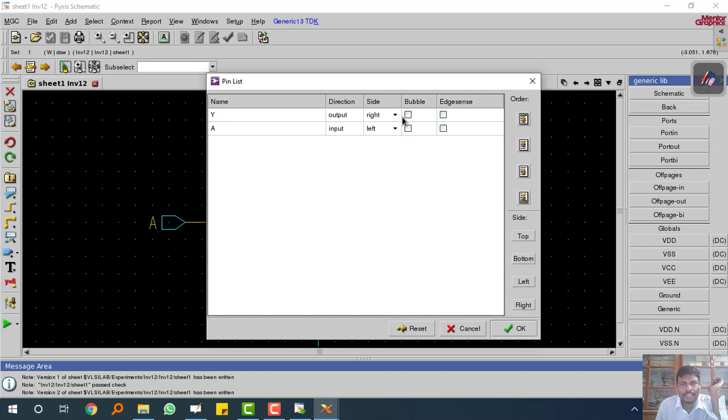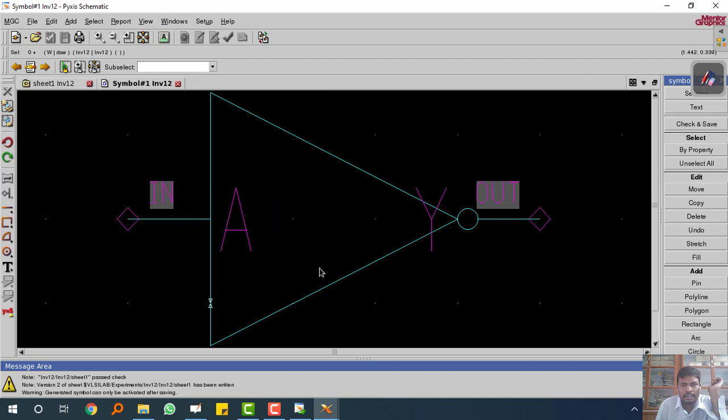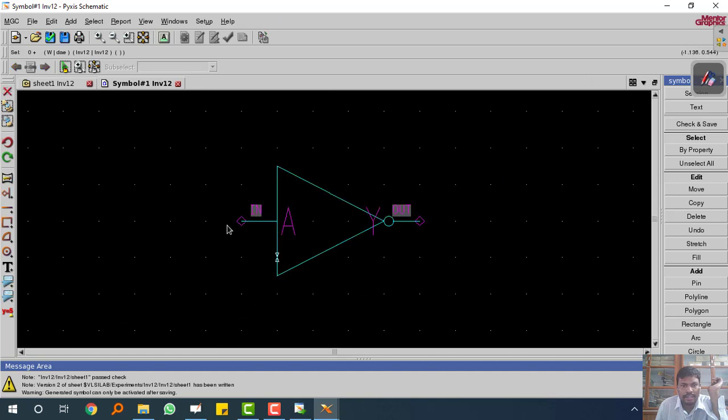Because it is an inverter, at the output you should have a bubble. So tick mark should be there at the output, bubble, then OK. We will have a circuit logic symbol for the inverter schematic.